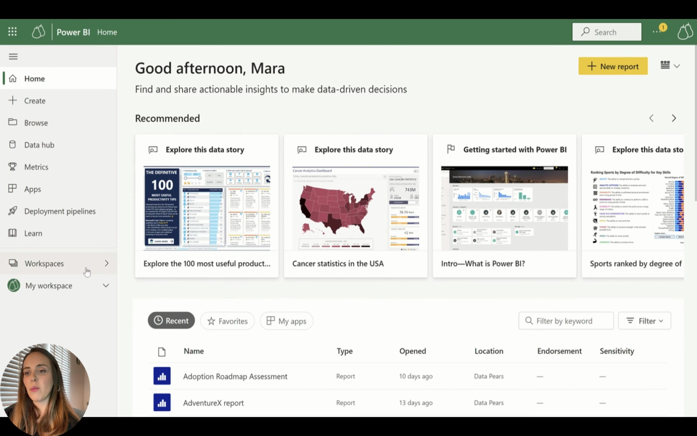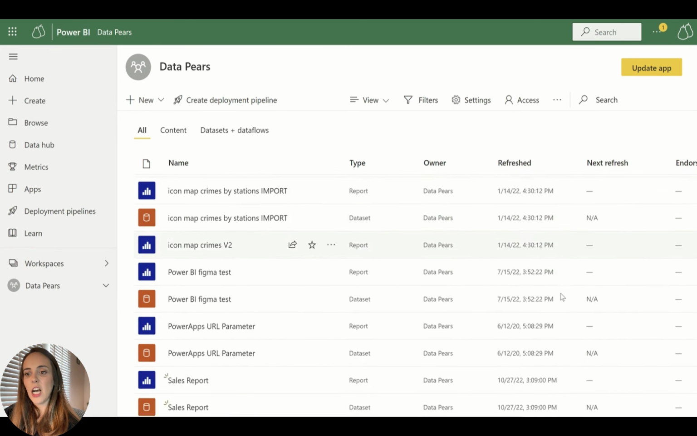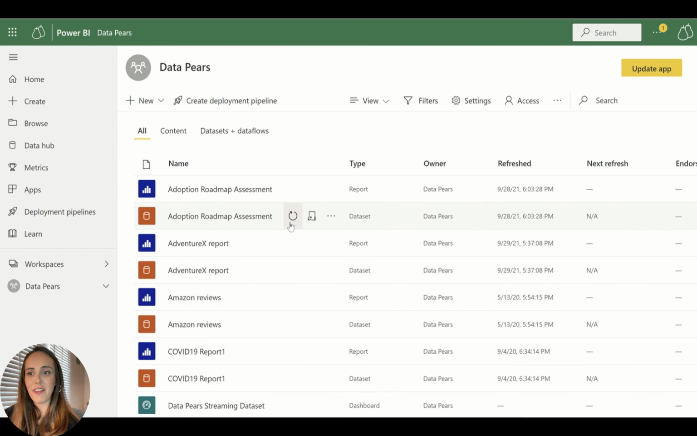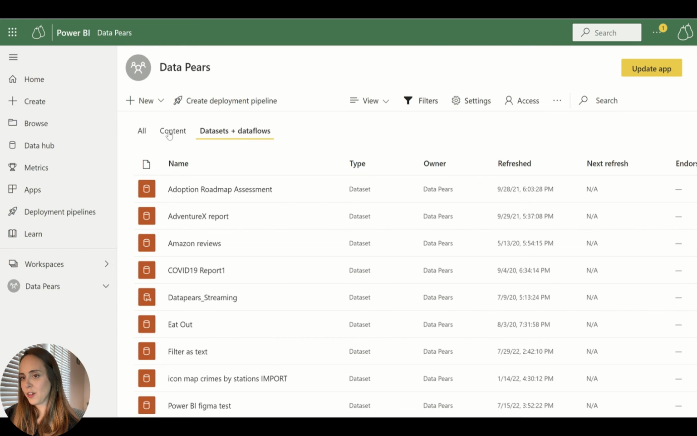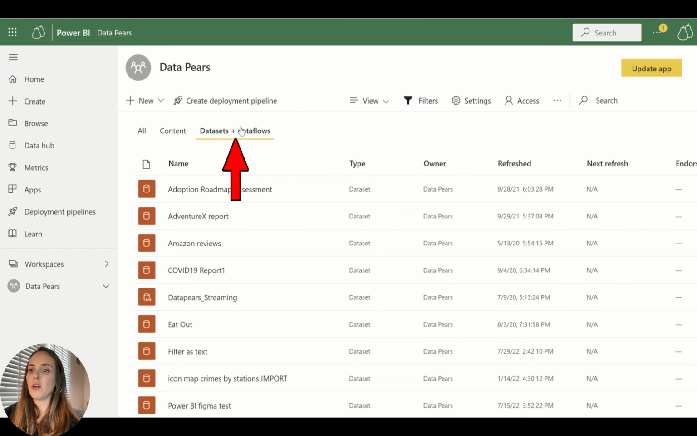If I go to my workspace, then I can see all the content that I have in my workspace. A bunch of random stuff at the moment, and you can check by content or by data sets or data flows. So the content will be the report itself. Data sets and data flows, it's something else, but just for you to understand, every time you publish a report